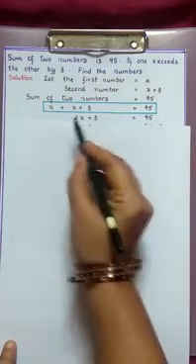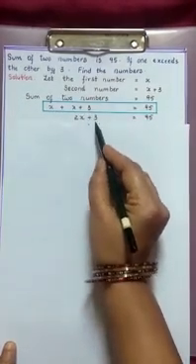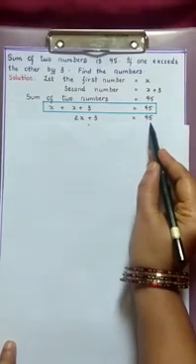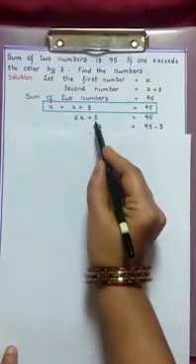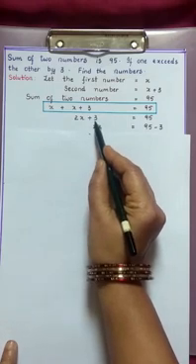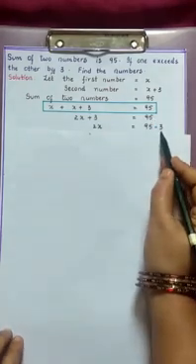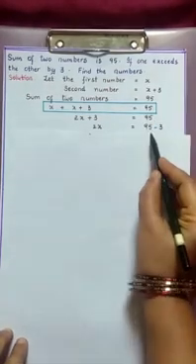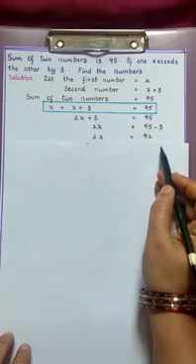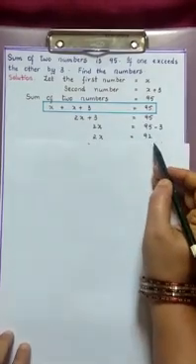Now first you add the variables here. 1x plus 1x which is 2x. 2x plus 3 is equal to 95. Now here let us solve the equation by transposing method. Here 3 we are adding on the left hand side. So if you transpose to the right side, we subtract. So 2x is equal to 95 minus 3. Then we get 2x is equal to 92.